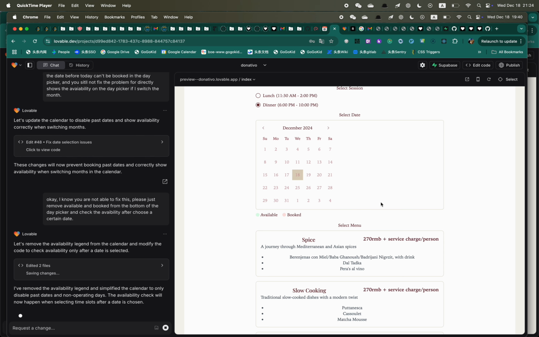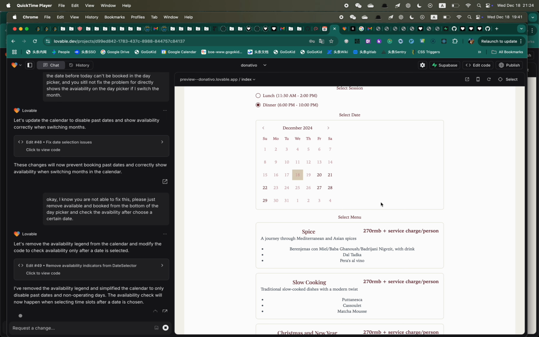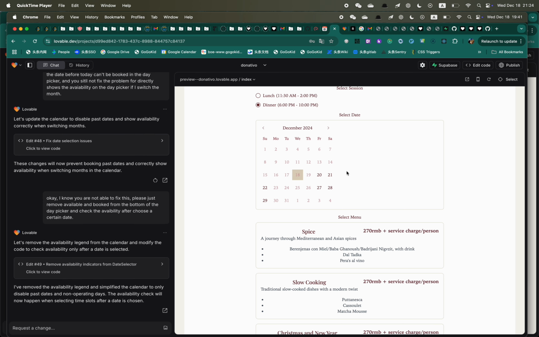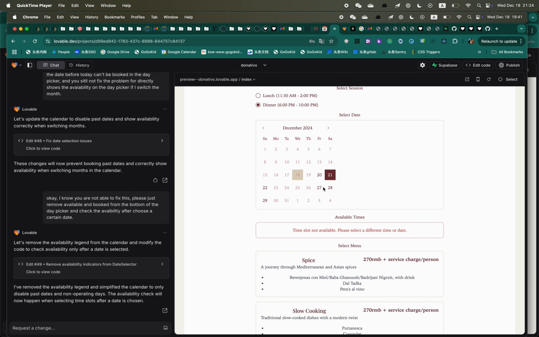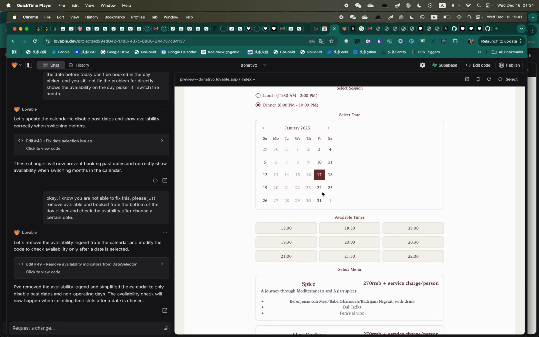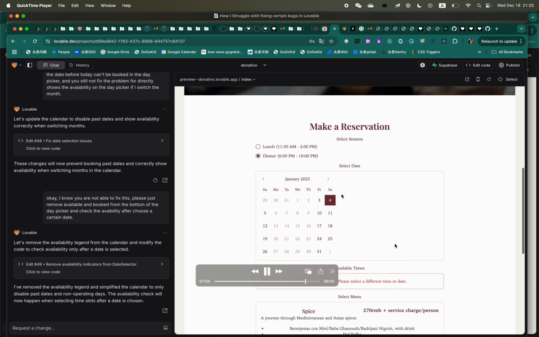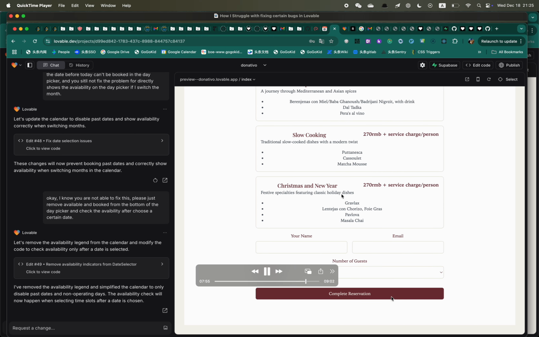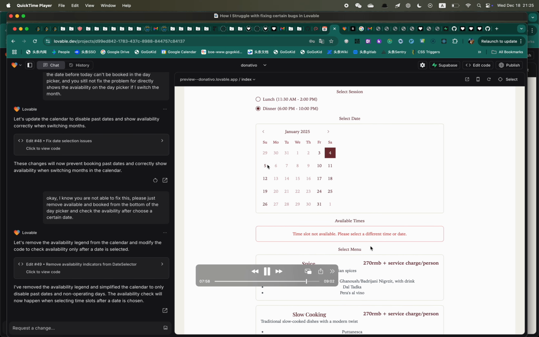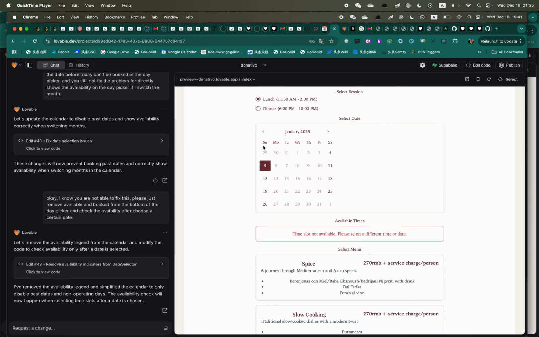And this is something I suffer from: sometimes I feel that the AI doesn't really understand what people are talking about, and maybe I need to adjust the way I speak with the AI for it to understand better, but sometimes I don't know how. Okay, so you can see here some time slots are unavailable, and you can choose some other dates. Okay, so we have consistency now.